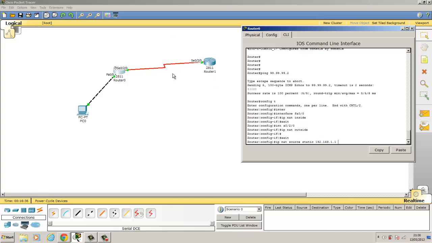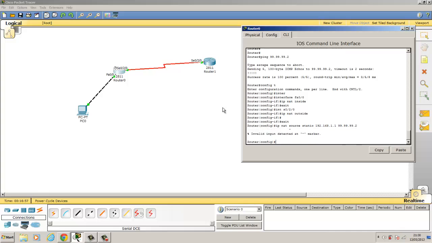And now we need to also put the outside address to the network we're attaching to. In my case, this address is part of this network, and this address. So I'm going to use the outside address closest to the outside world, if you will. But you could use this address or that address. We're going to use 99.99.99.2